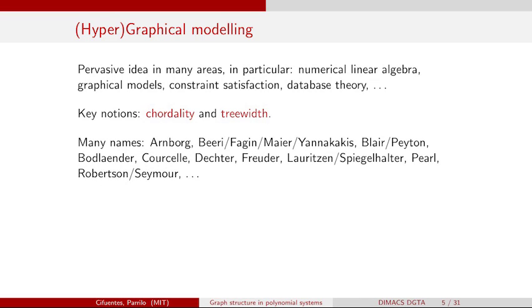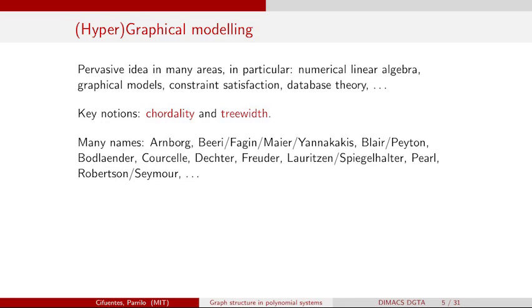And although many of the things come from very different domains, either computer science or mathematics or probability theory, there's been a convergence around these notions of chordality and tree width. And part of what I want to explain during at least the first half of the talk is really what these common notions are and why they're so important in terms of understanding many of the things that are going on.